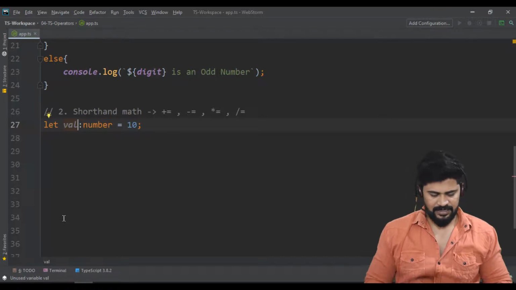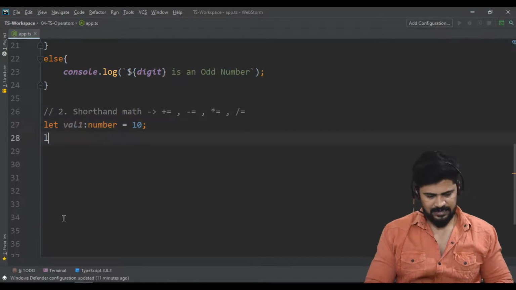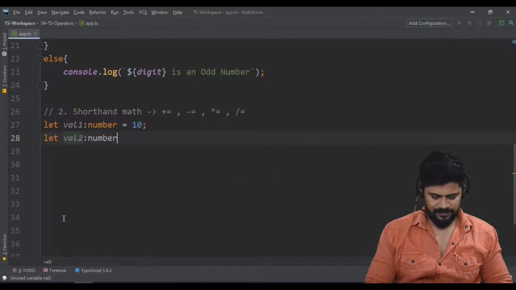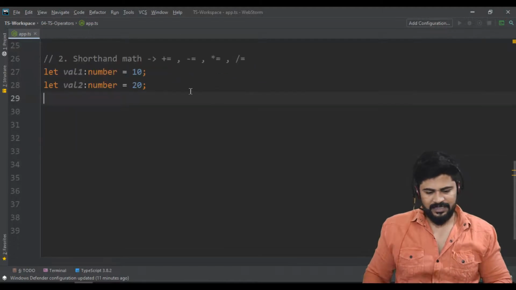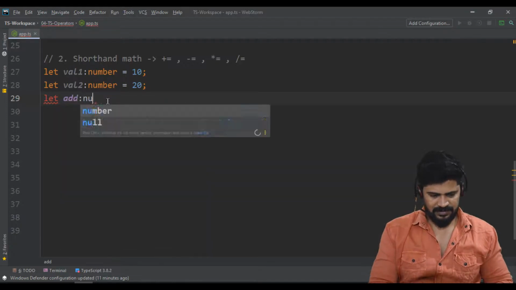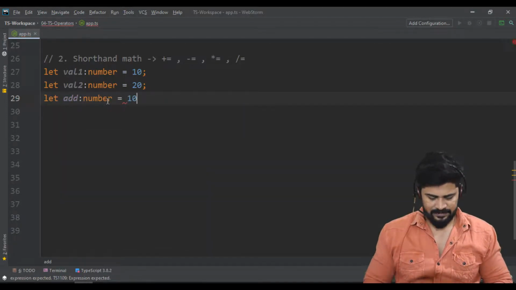Okay, we'll do one thing. Let's say val1 is 10. Let val2 of type number be equal to 20. Let me do one thing: let add of type number be equal to 10.